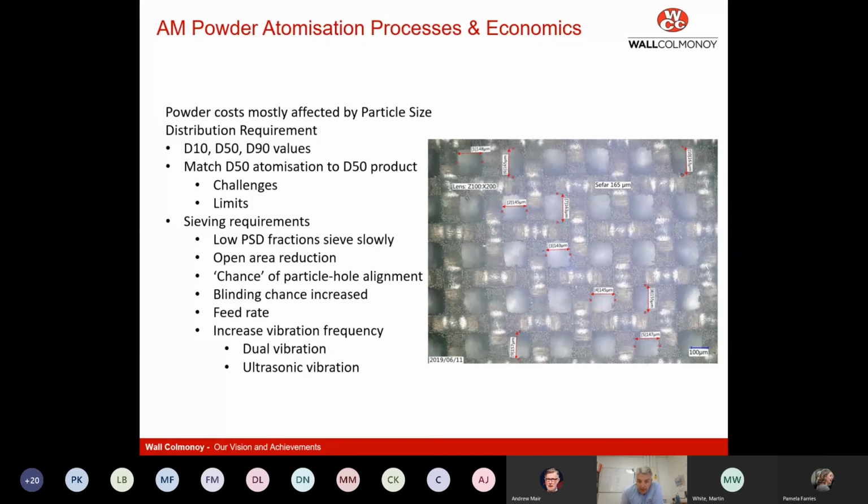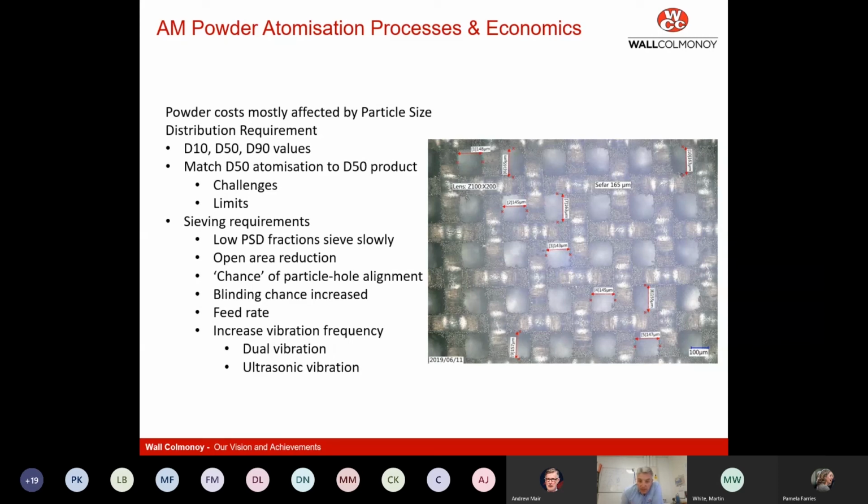So, sieving requirements for additive, and again, some of the economics that are in play here. The yield that we get on a very, very fine fraction, be it 45 to 15 for laser powder bed fusion, is sometimes only 25% of the whole of the atomized distribution, and so the product is only 25% of the volume of the material that we've atomized. So obviously there are some production costs that have to be borne by that yield of powder, but also we have process